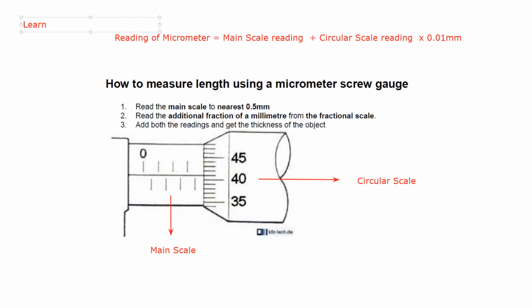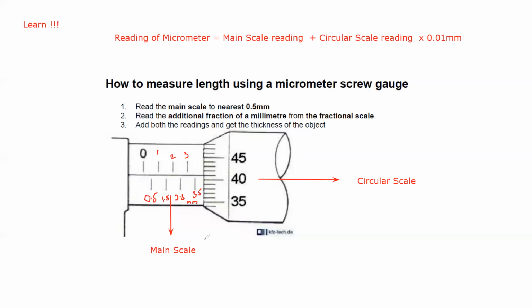which is used to measure the reading of this micrometer. Then, how can we read a scale here? For a main scale, this one is 0, then 0.5, the first line is 0.5, all are in millimeter. Then 1, 1.5, 2, 2.5, 3, 3.5. So basically it's like 0.5 millimeter. The smallest value on the main scale is 0.5 millimeter.